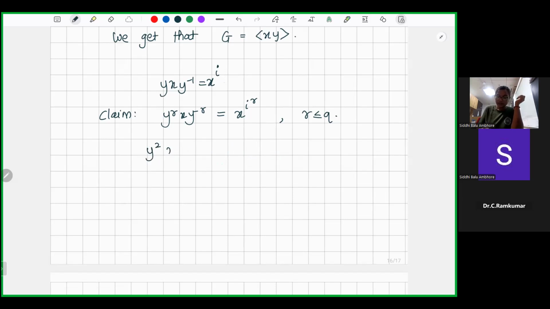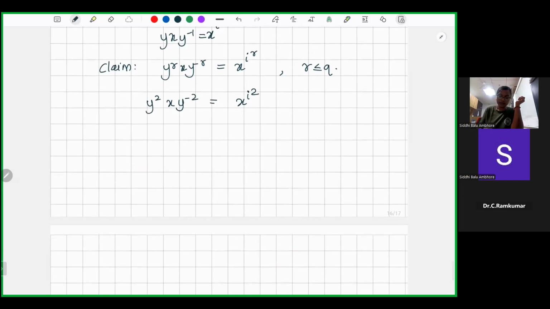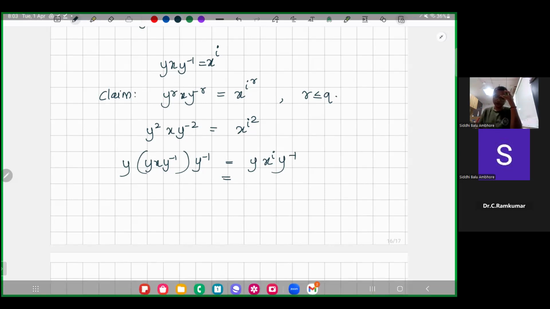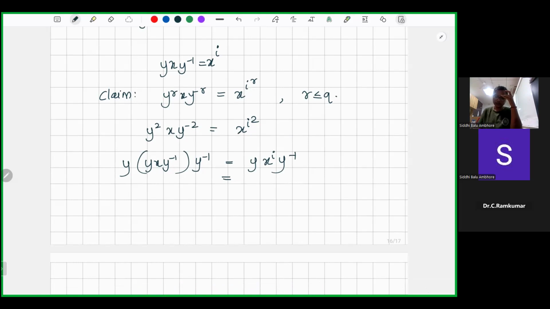I want to show that y square x y inverse square is x power i square, and I have y x y inverse. If I take this, this is y into x power i y, right? Y inverse. I want to show that this is